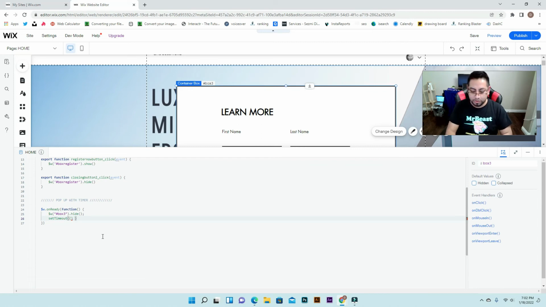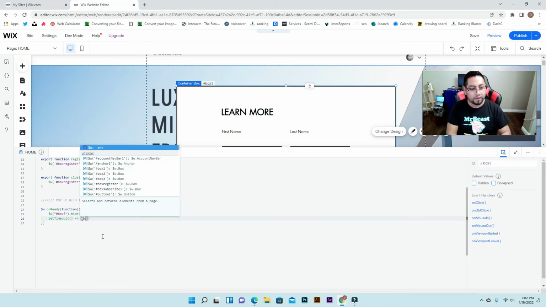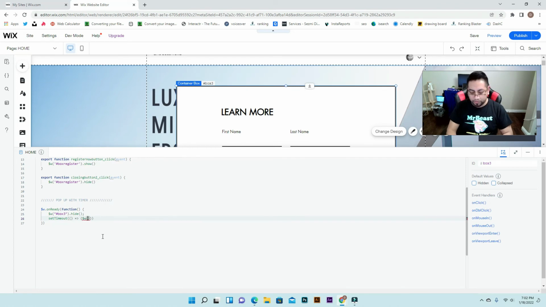We're gonna go equals, and we want it to be like this. We're gonna do money W, then we're gonna go here, gonna do box 3 one more time, and then I'm gonna go show, and then I'm gonna open this option right here, gonna do fade, and then once you do that, I'm gonna go over,